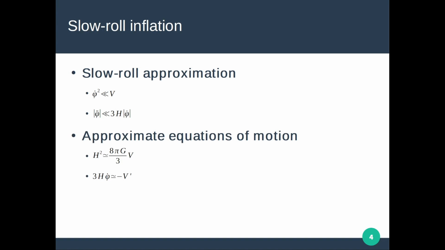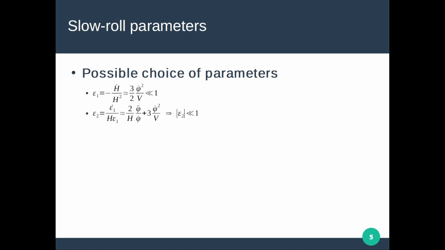These approximations can be parameterized by a few slow roll parameters. I will be choosing epsilon1 and epsilon2, given by minus H dot over H squared and epsilon1 dot over H epsilon1. As long as epsilon1 is far smaller than 1, the approximation that the potential dominates over phi dot squared